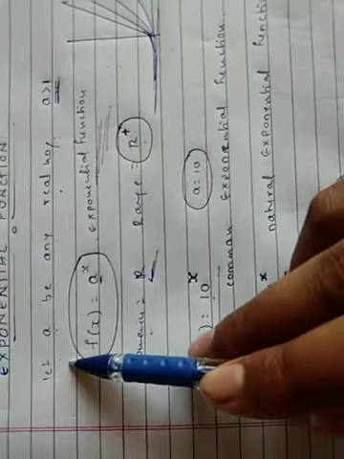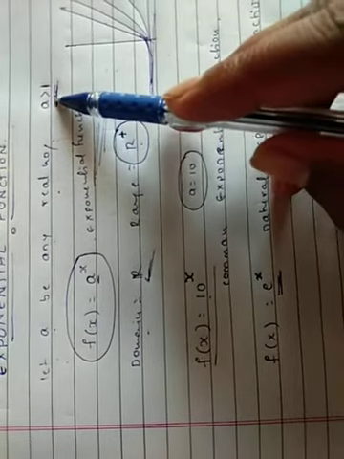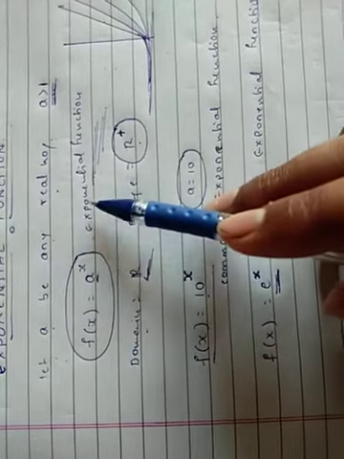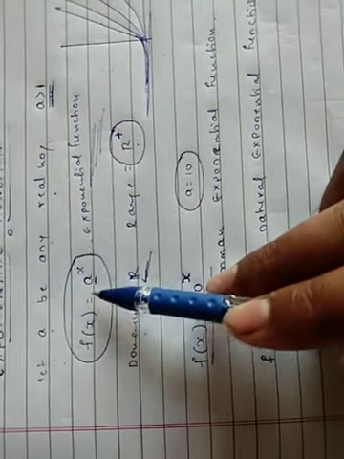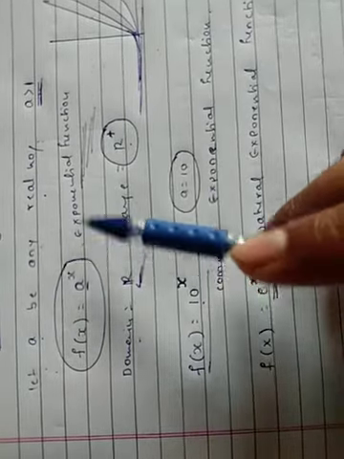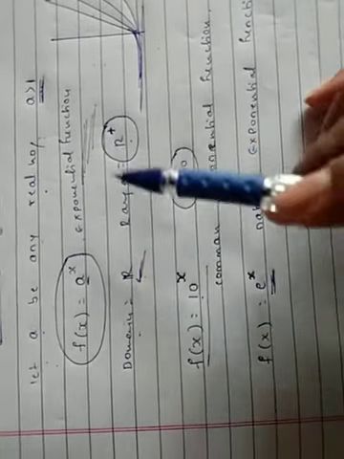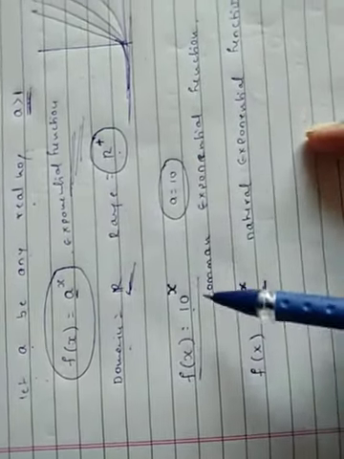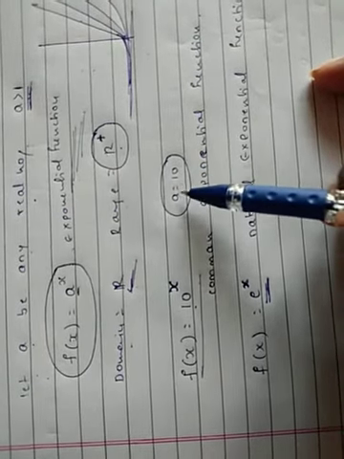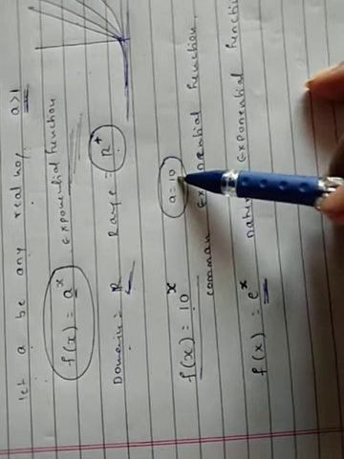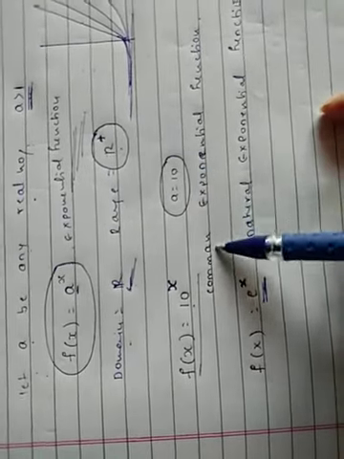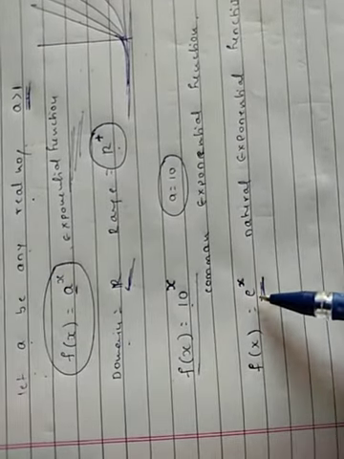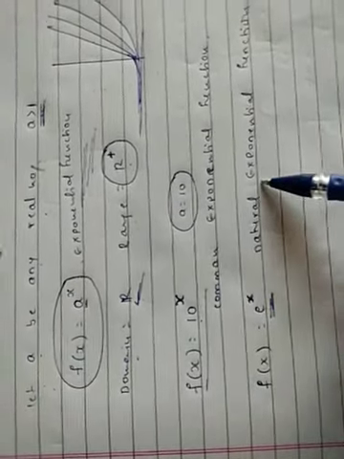Observe here, let a be any real number with a always greater than 1. Then f of x is equal to a to the power x is called an exponential function. The domain of an exponential function is always R, and the range is always the positive real numbers. If the base a is equal to 10, the function is called a common exponential function, and if the base is e, the function is called a natural exponential function,